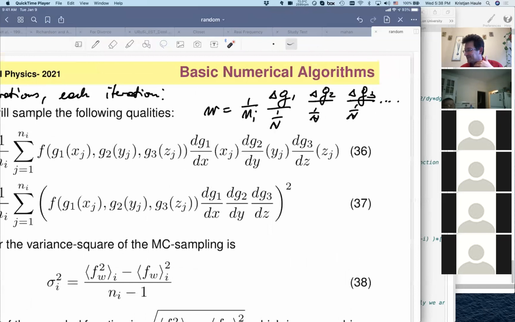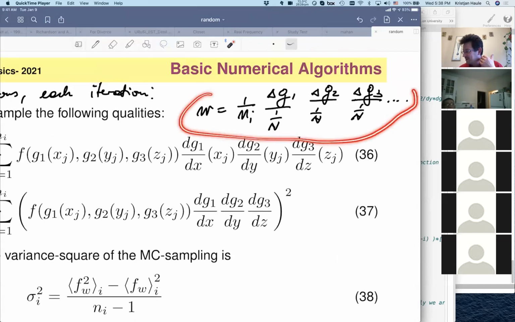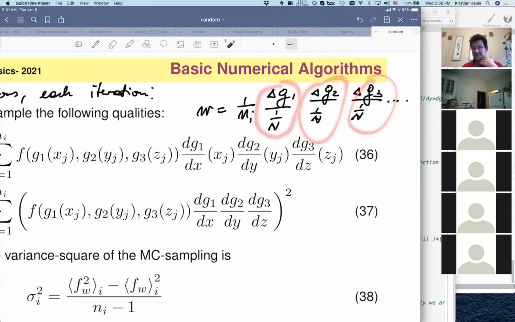So basically what I'm trying to explain is that the weight is going to be written as 1 over n first, and then all these derivatives are going to be of a function which is piecewise linear. So this derivative is exact. The derivative of the function is exact when you write delta g as 1 over n, because the grid points are